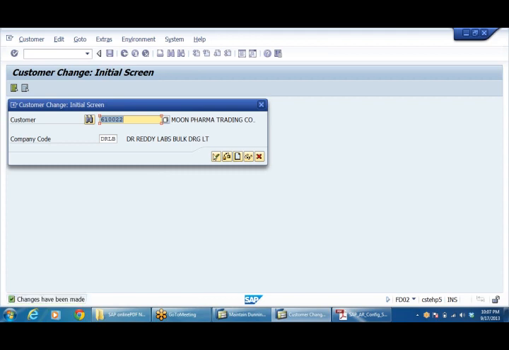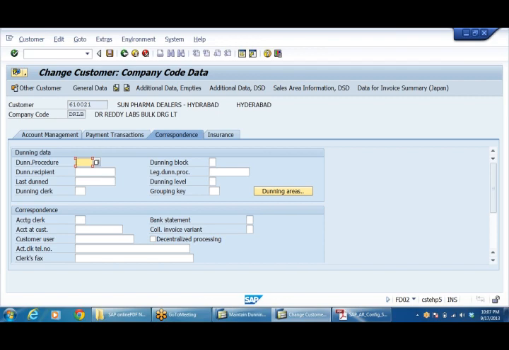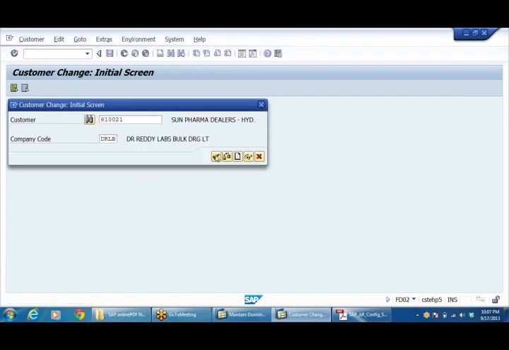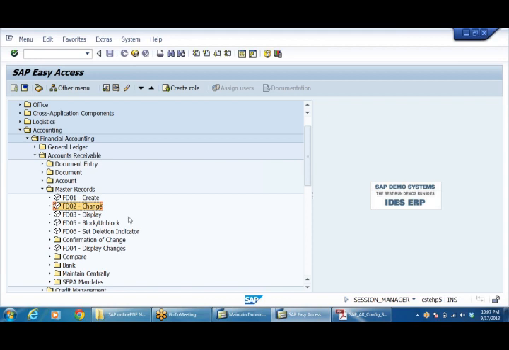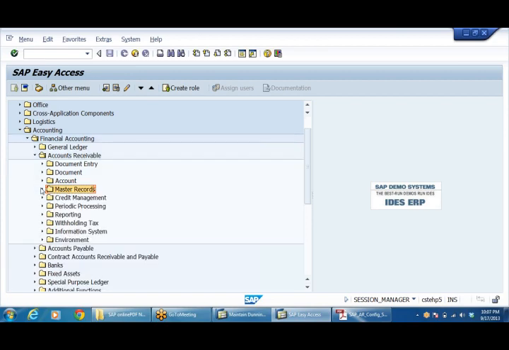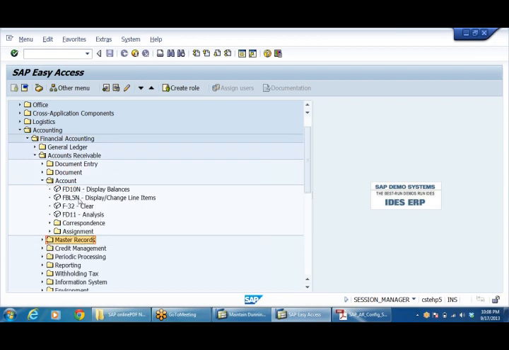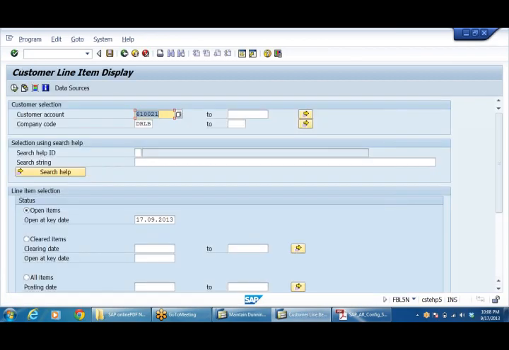So it seems to be very slow. Okay, second one. So even here DRL. So for two parties I have assigned the Dunning procedure. Now I can execute the Dunning procedure and generate the letter. But before you generate, see that at least an outstanding amount is there in the party account. Go to FBL5N. Because if you don't have any outstanding amount, the system will not generate.